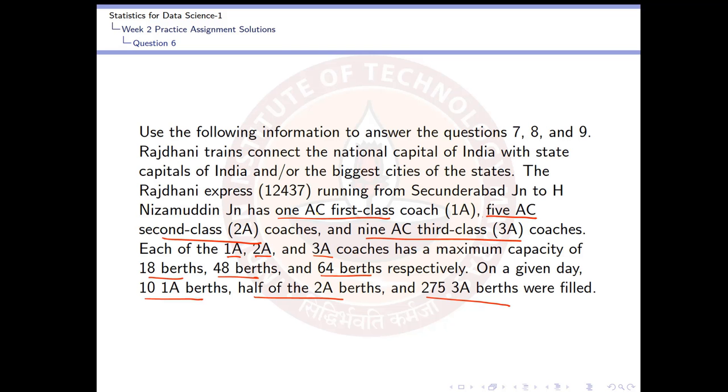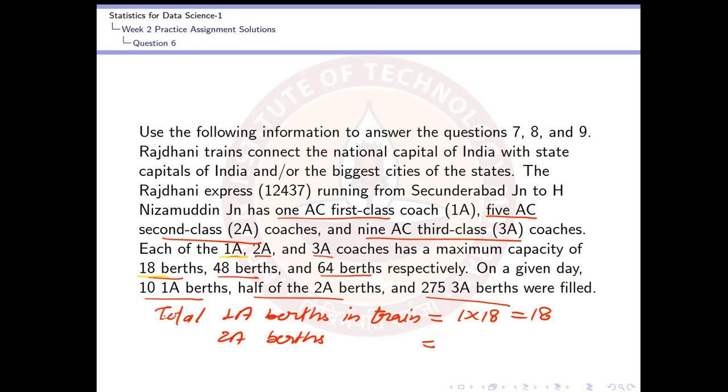Here the train has one 1A class coach and the maximum capacity of one 1A class coach is 18 berths. So total 1A berths in the train are 1 into 18. That will be 18 1A berths in the train. And total 2A berths